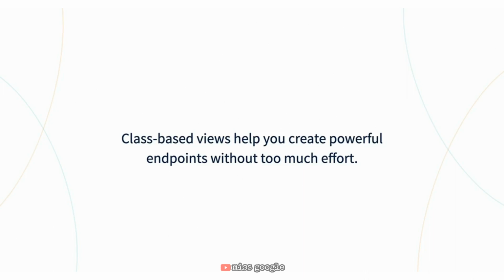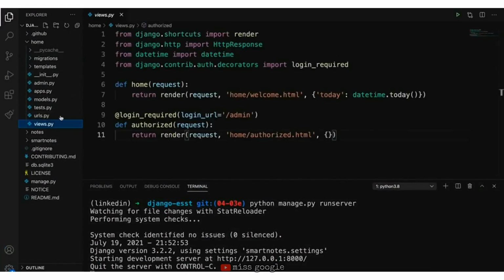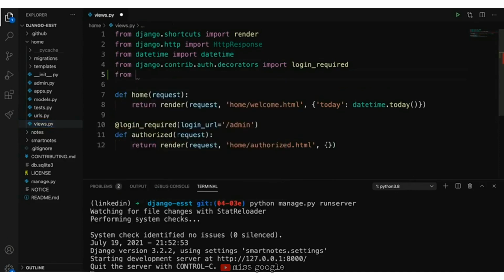Let's go back to our code and change our views that are function-based to class-based ones and see in detail how class-based views work. The first view we made was in the Home app, so let's go back and change it. The only thing we need to do here is display a template. So we can do that by using the class-based view TemplateView class. So let's in here import